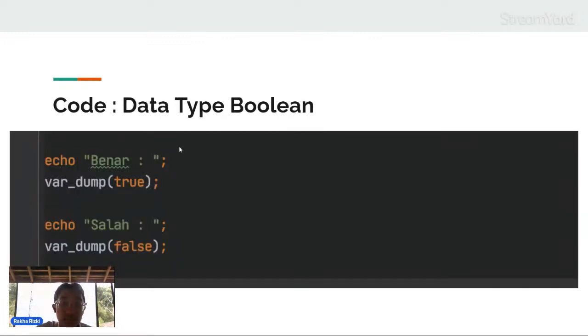This is an example of code of the boolean data type.